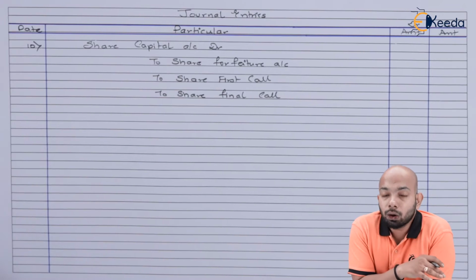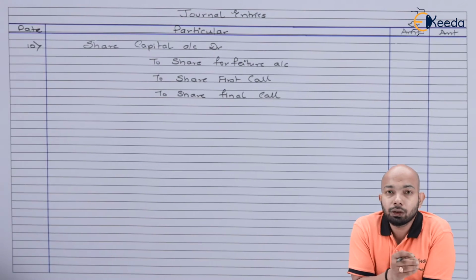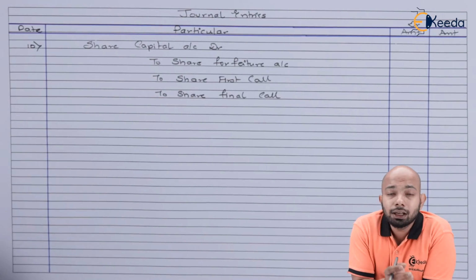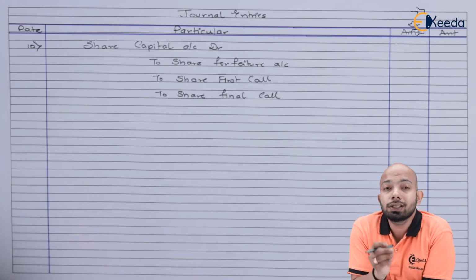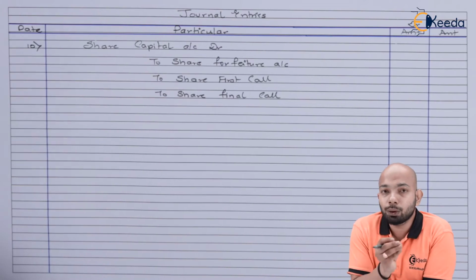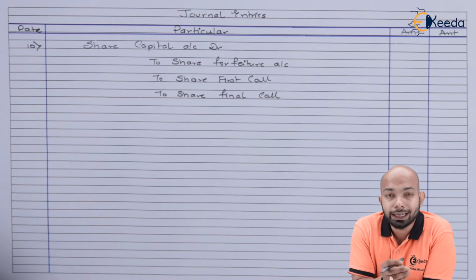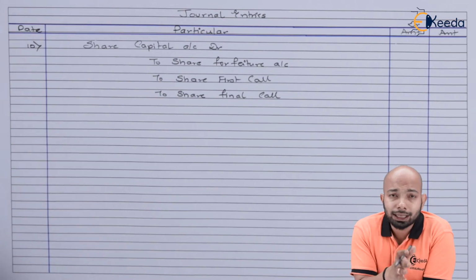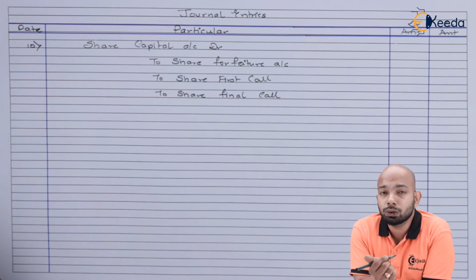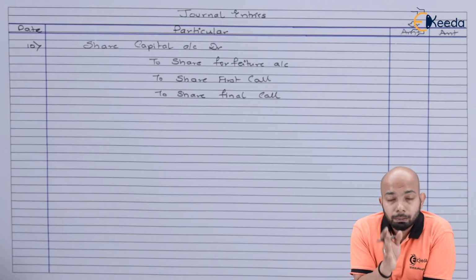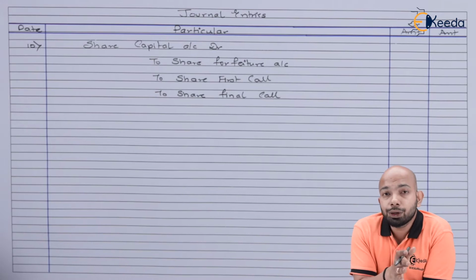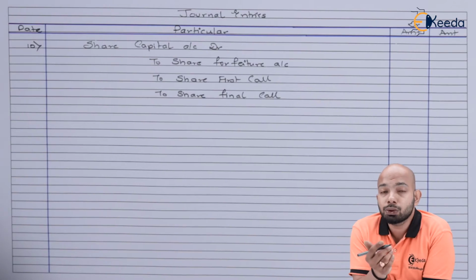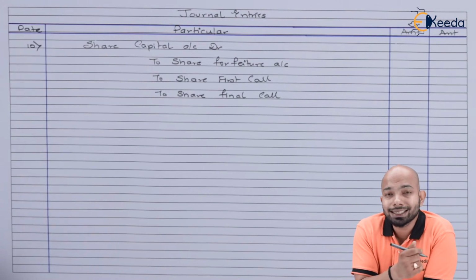Now we have segregated the calls in arrears into share first call and share final call because these are the basic things that we need to understand, that calls in arrears is basically related to what all defaults that specific person has made. So that entry has been mentioned here. You can either put it simply as calls in arrears instead of these two things. It is one and the same. But just to make the calculation very simple for you and to make you understand what exactly you're supposed to take here, that's the reason the entry has been mentioned in this specific manner.